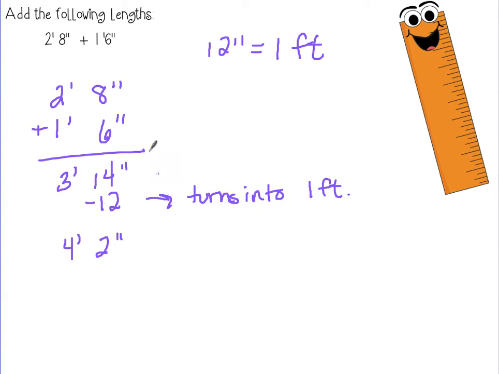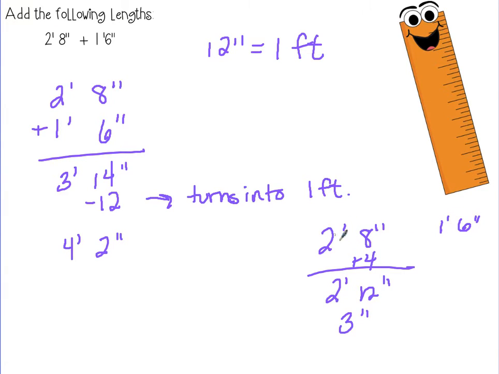Another way I can look at it is I can say, okay, 2 feet 8 inches. To get to 12, I know I have to add 4. So that would give me 2 feet 12 inches, which is actually equal to 3 feet. If I take away 4 inches from the 1 foot 6 inches, because the 4 that I added here has to get taken away from here, and I get 1 foot 2 inches, now I can add 1 foot, and